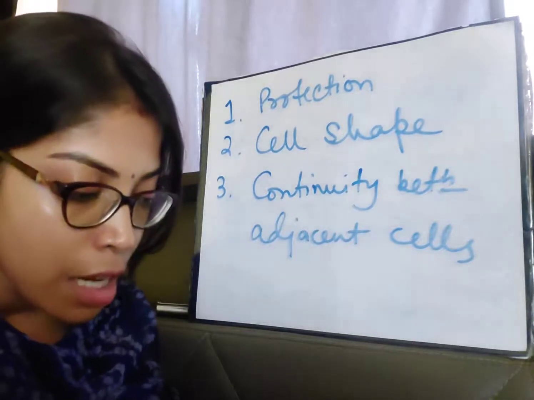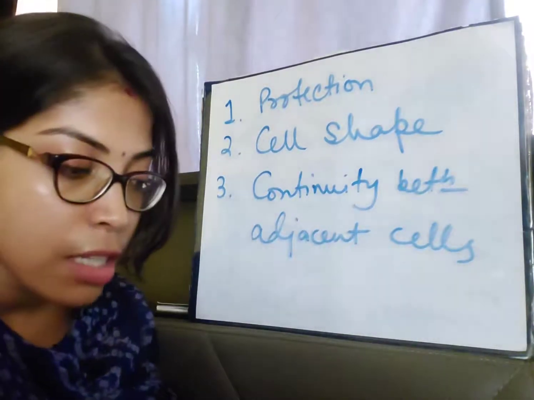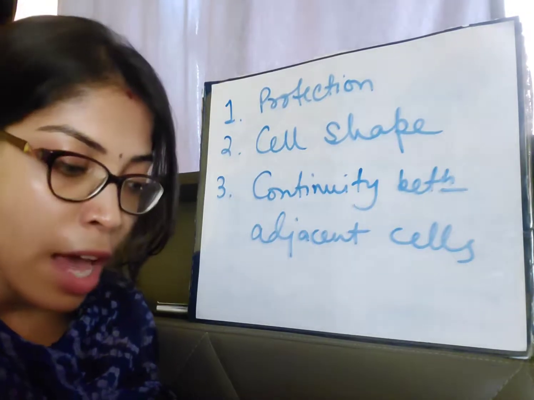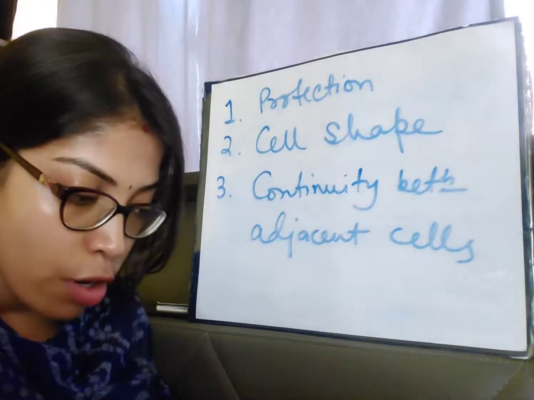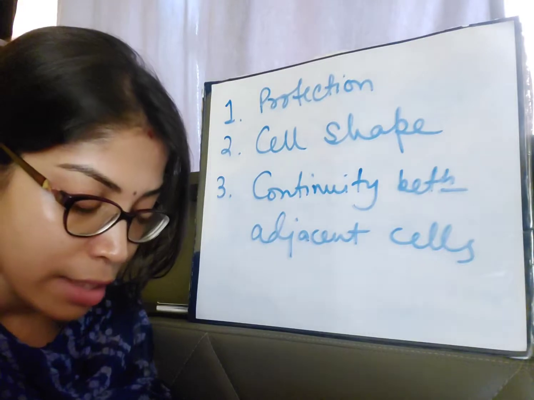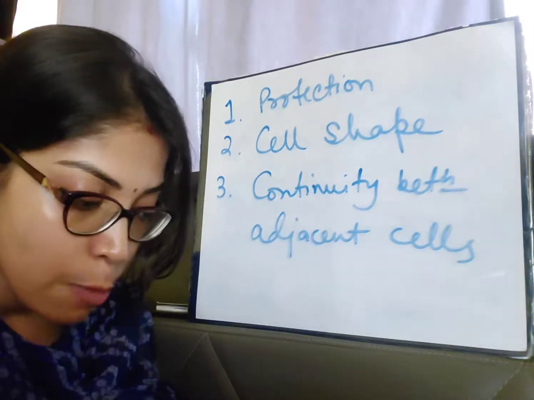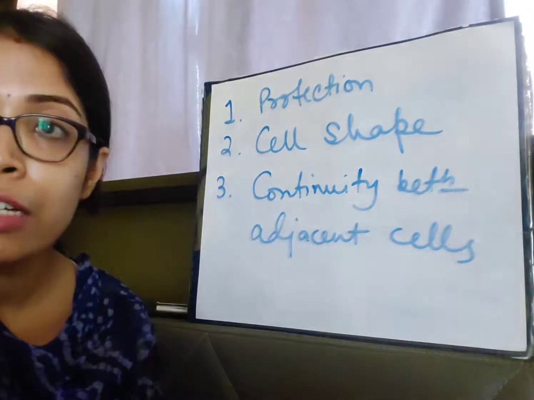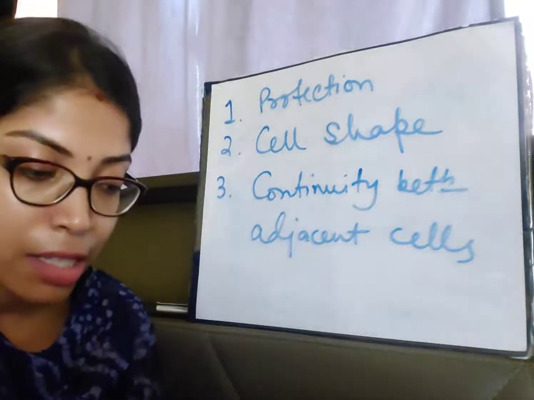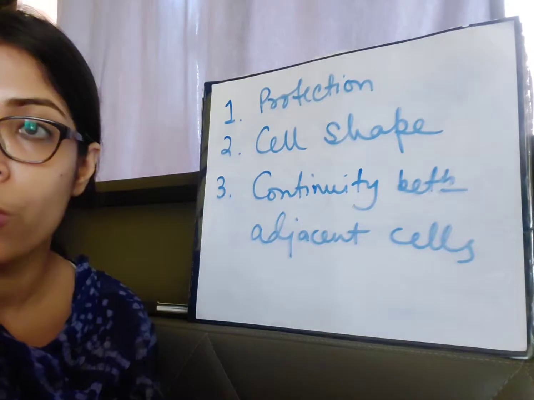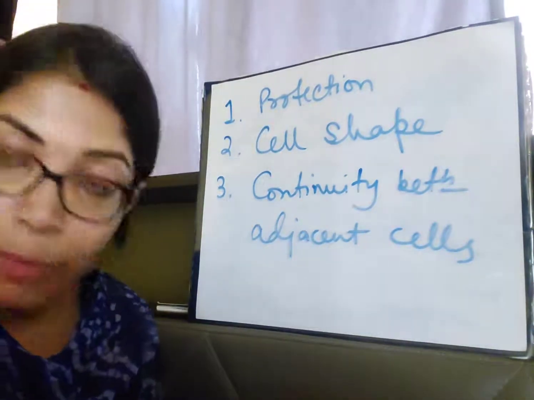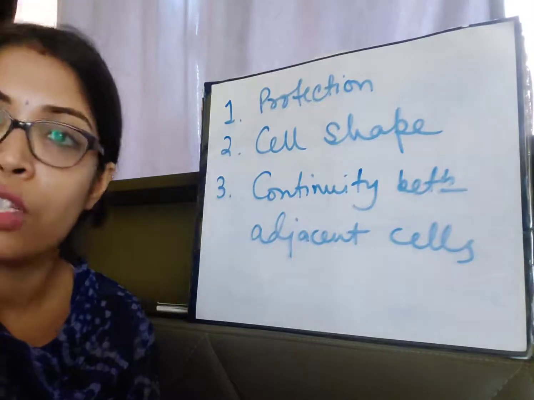You can read the functions of the cell wall from page number 6.22, and for the structure you will find the diagram on page number 6.20, and the detailed structural answer I will give in the notes. I will continue with the cellular organelles one by one in the next video. Thank you.